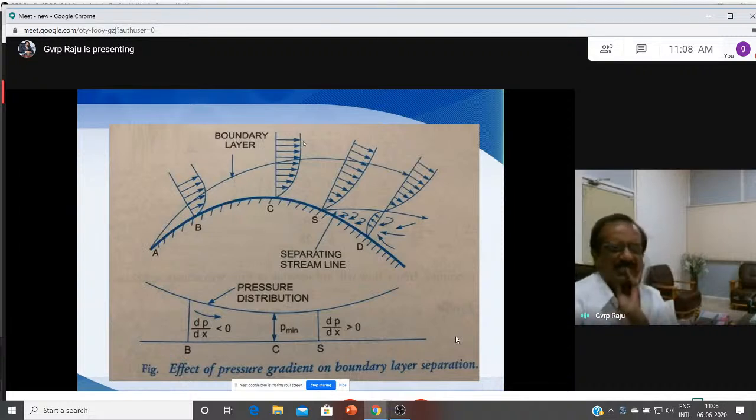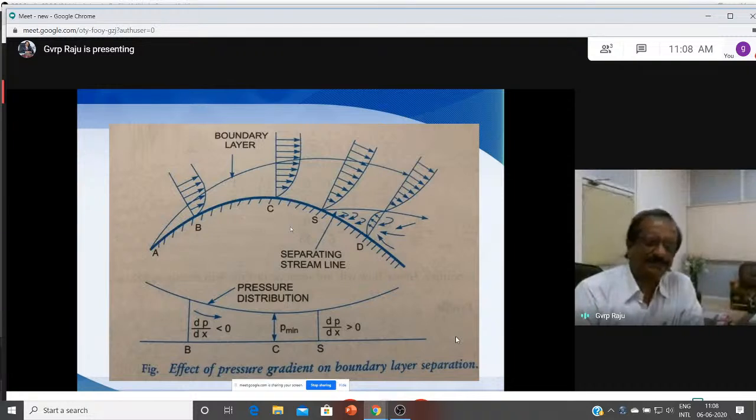So this is the boundary layer thickness here, and now there is a flow. This is the curved plate. When it is a curved plate, consider the flow of a real fluid here. So this is the pressure distribution. The pressure